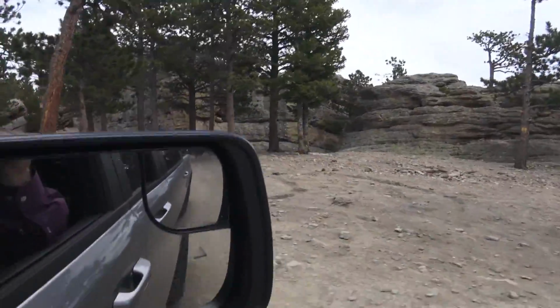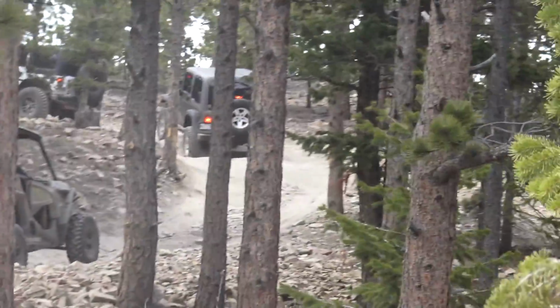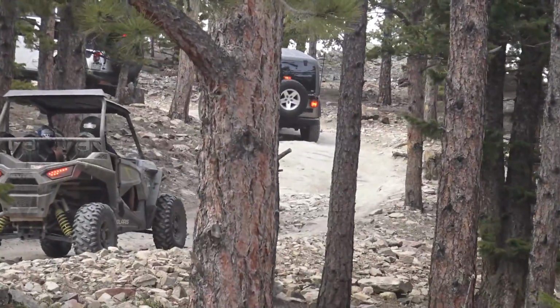Yeah, these guys are climbing rocks. We're going to get behind these four-wheelers. Oh, there's Jeeps. We've got a whole back trail of...